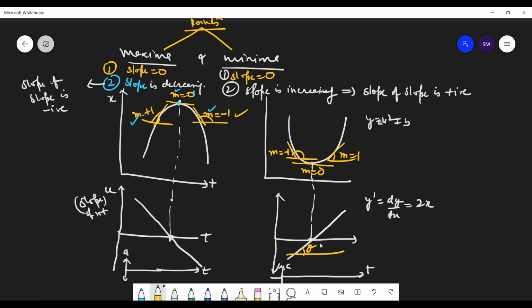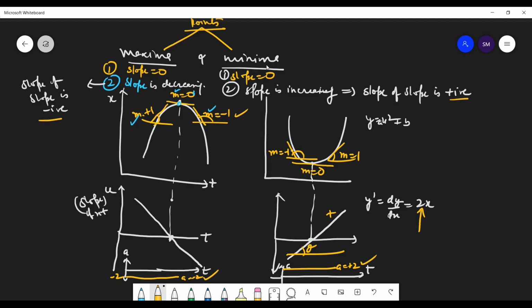So theta is in first quadrant, slope is positive. And that's the slope 2. So we get this line here as plus 2. A equals to plus 2. Agreed, students? Yes, sir. And here what line do you get? A equals to minus 2. So this is what I am telling, that slope of slope is negative. This is slope, and further slope of slope is negative, and in this case slope of slope is positive.